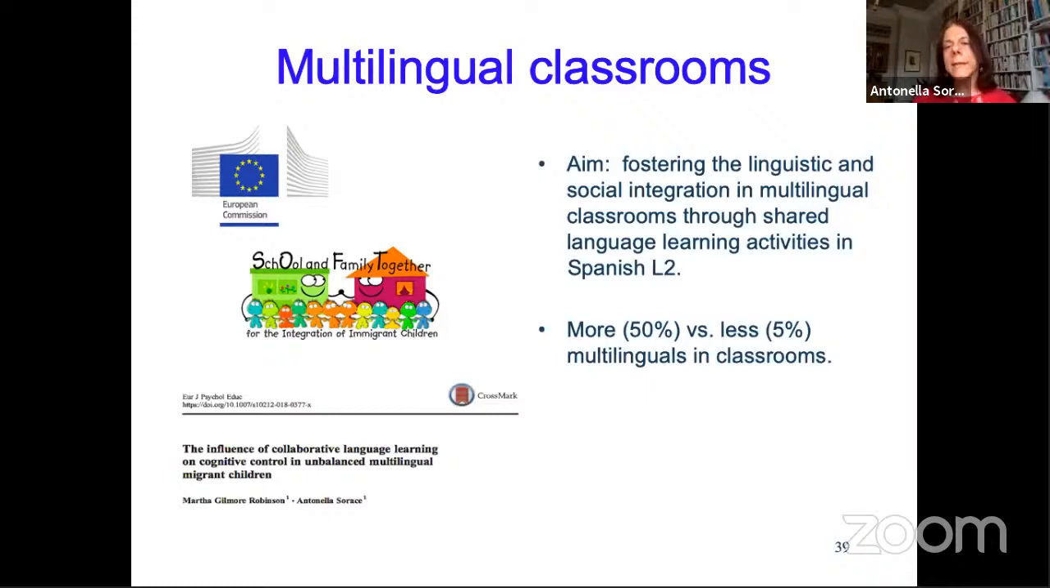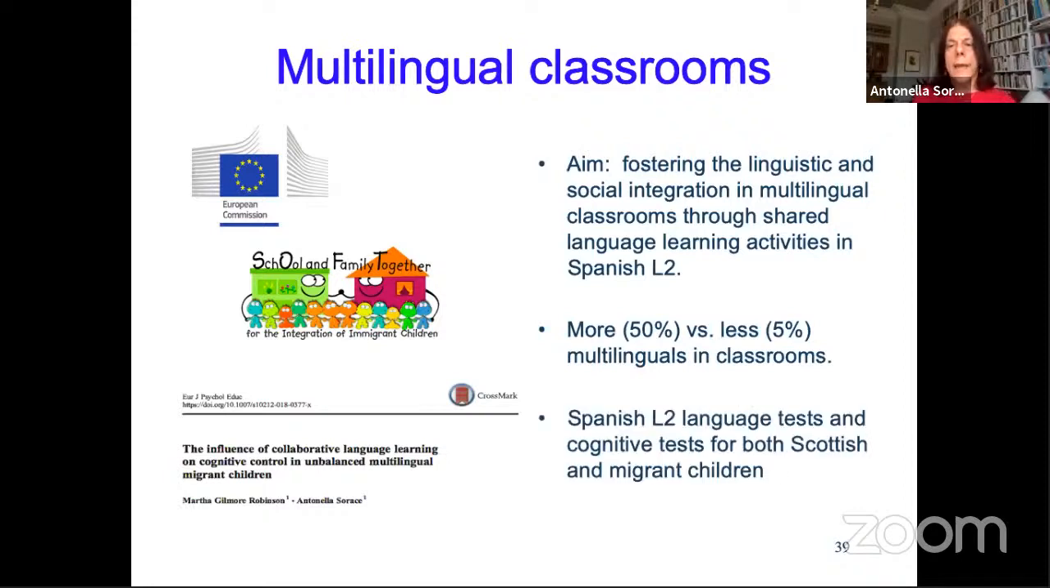And we had a range of classrooms that we studied, varying with respect to the number of migrant children there. So there were highly multilingual classrooms, more than 50% of children were migrant children from other language backgrounds, as opposed to more monolingual classrooms, with less than 5% multilingual children in the classroom. And we gave both language tests in Spanish, but also in English, and cognitive tests to all children, both Scottish